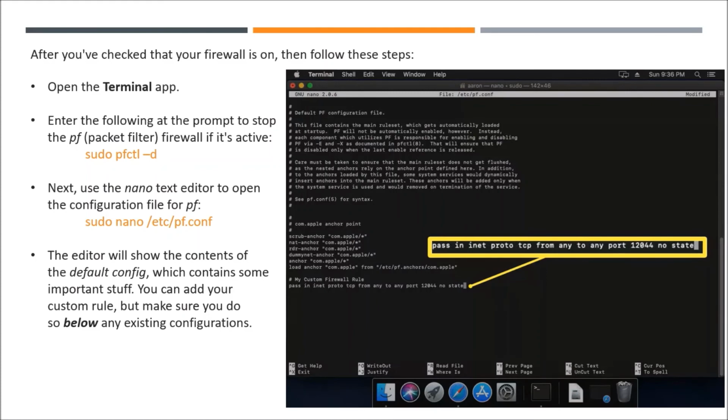This is the command for that: sudo nano /etc/pf.conf. Once you do this, you can see the configuration file here, on the left hand side. The editor will show the content of the default configuration, which contains some important stuff. You can add your custom rules, but make sure you do so below any existing configuration.